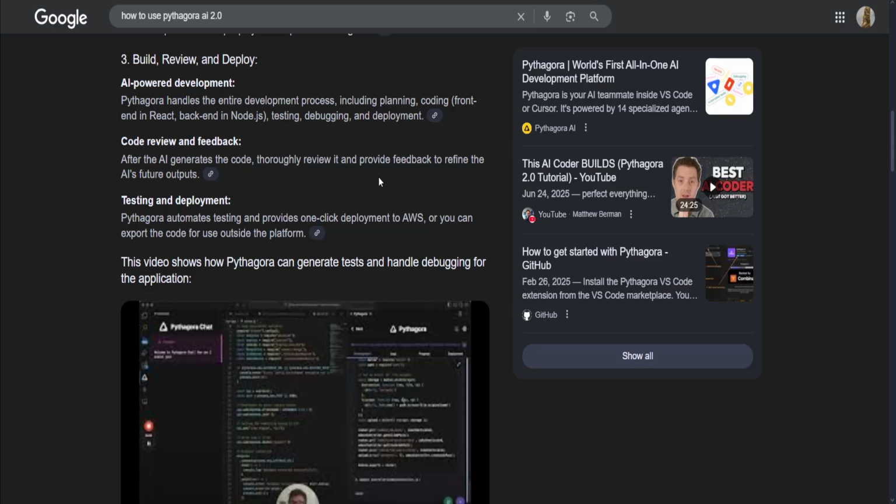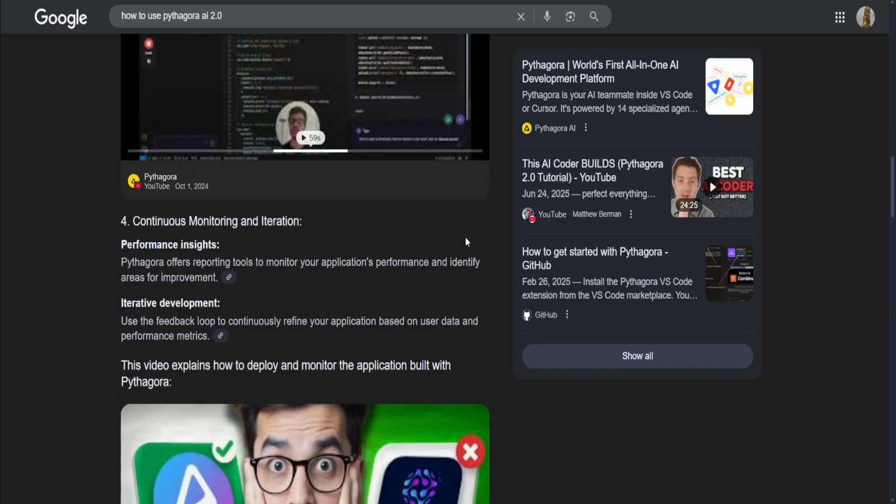Simply just have Pythagora automate testing and provide one-click deployment to AWS, or you can export the code for use outside the platform. And then you might want to have Pythagora offer reporting tools to monitor your application's performance and